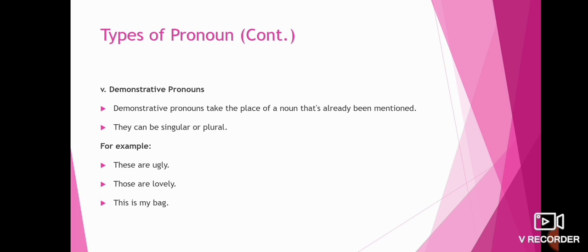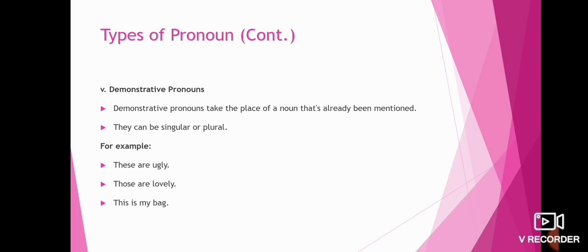ठीक है, and this and these जो हैं these are used for the near distance things, while we have that and those. So that and those, these are the two demonstrative pronoun जो कि far distance things के लिए यूज़ होते हैं, जो मतलब दूर के फासले पर हों. And another thing is कि that हमारे साथ singular है while those इसका plural है.